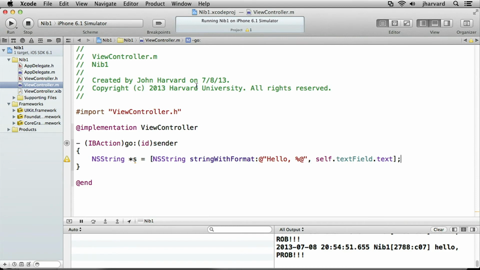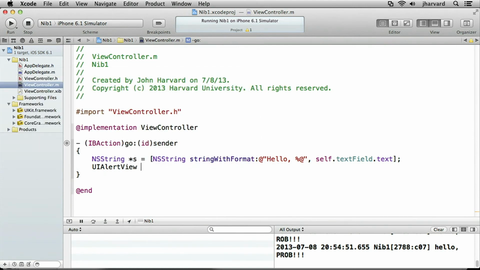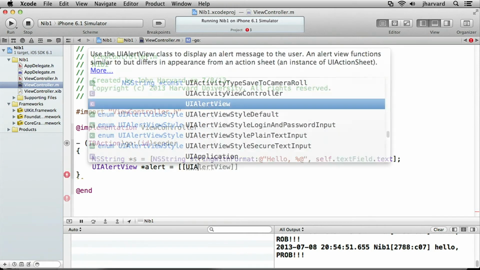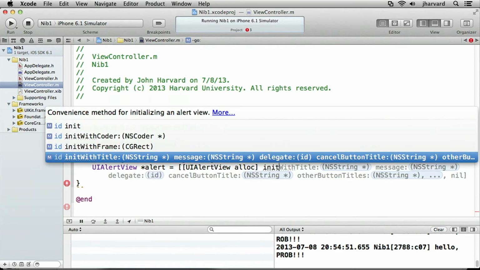So what do I want to do with this? Well, Xcode, if I click on the exclamation point, says it's an unused variable s. I've not done anything interesting. So let's do something a little more sexy. UIAlertView. And for those of you with iOS devices, this will look familiar. Pointer, I'm going to call it alert. And now this is going to look a little messy until I tidy it up. UIAlertView, alloc. And now I'm going to init with